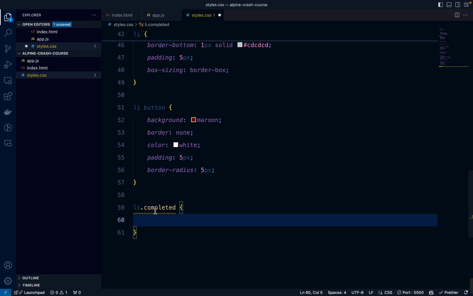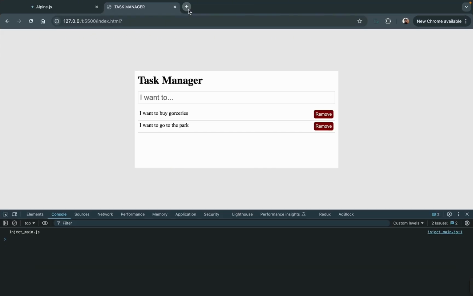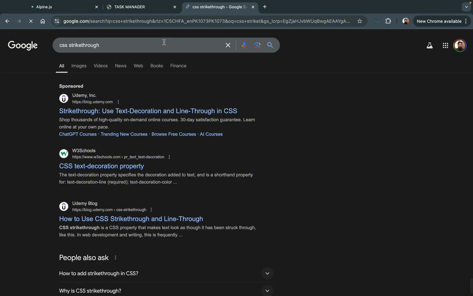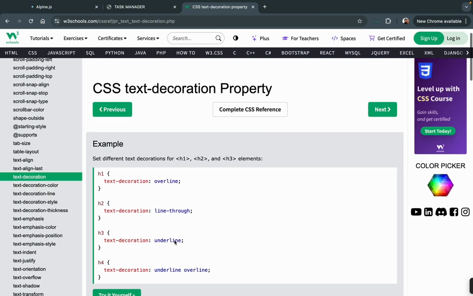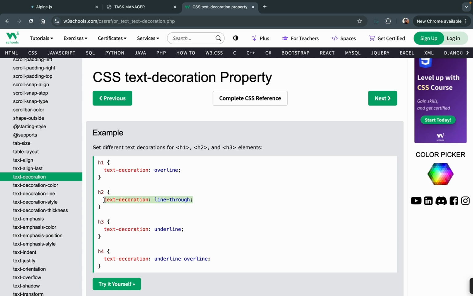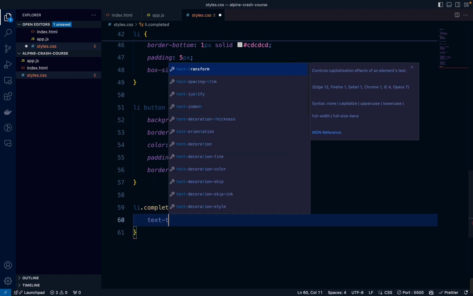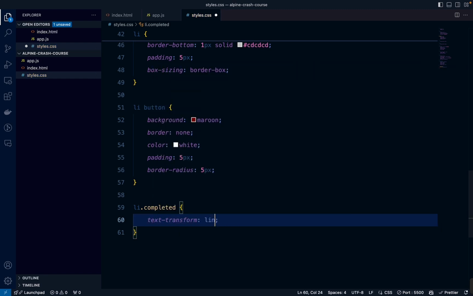So let me just quickly check CSS strike through. Yeah, we need the line-through property. And if we go here, we'll do text-transform line-through,